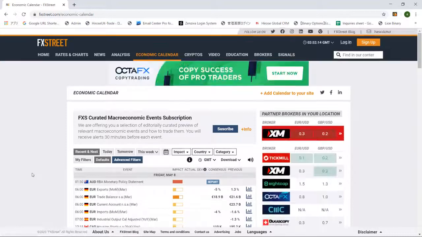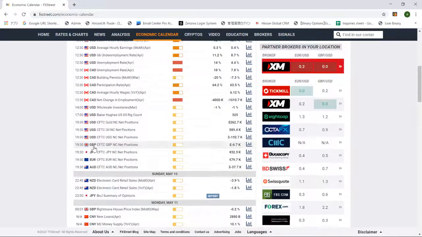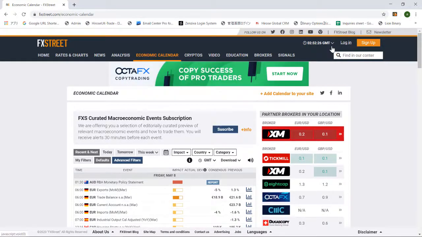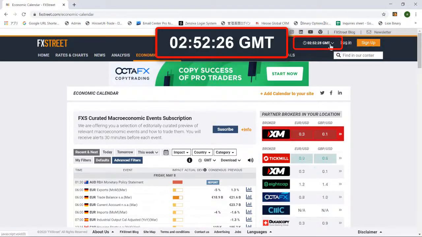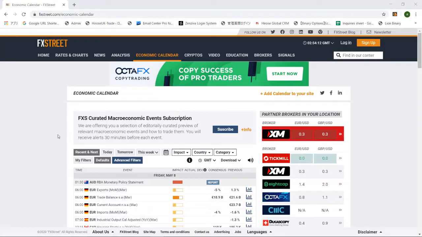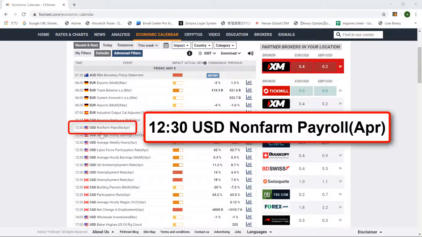And yep, it shows you all the news that is going to happen here today, tomorrow, and the day after. Then you just need to look for the one that is happening today. On top here, you can actually change the time zone, depending on where you live. You can change the time here. For now, I will set it to GMT. Now if you scroll down a bit, you will see here